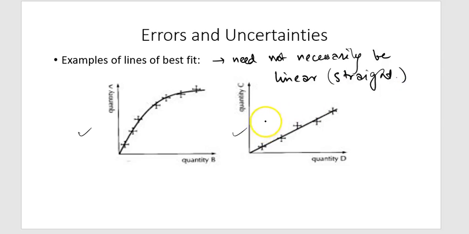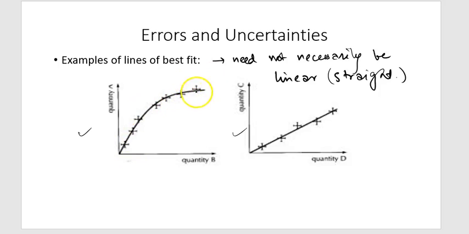because the name suggests line of best fit, and we subconsciously relate the word line to always being straight. It is a misconception that most people have. So lines of best fit need not be linear or straight. They can be curved, they can be polynomial, depending on the way the data is arranged. So the best way to look at it is it should pass through all these crosses that we see over